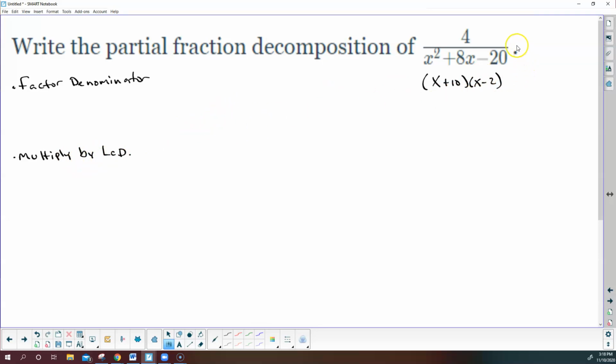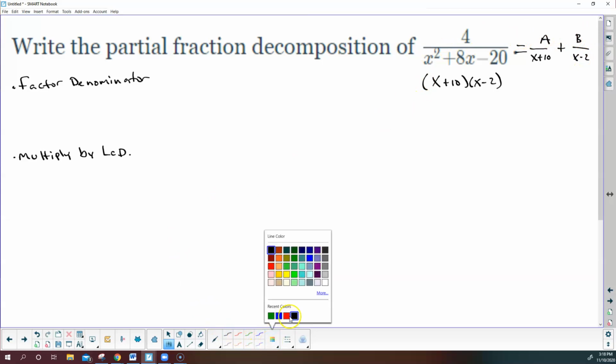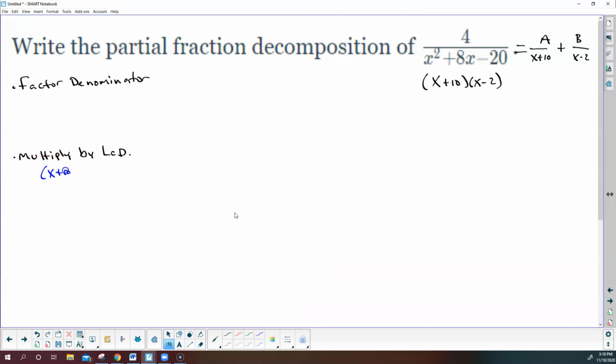So we get x plus 10, and I can call that A because it's a linear factor, plus B over x minus 2. And notice this is a linear factor as well, so we put B. So I'm going to multiply everything by the LCD. Well, what is the LCD? The LCD is always going to be